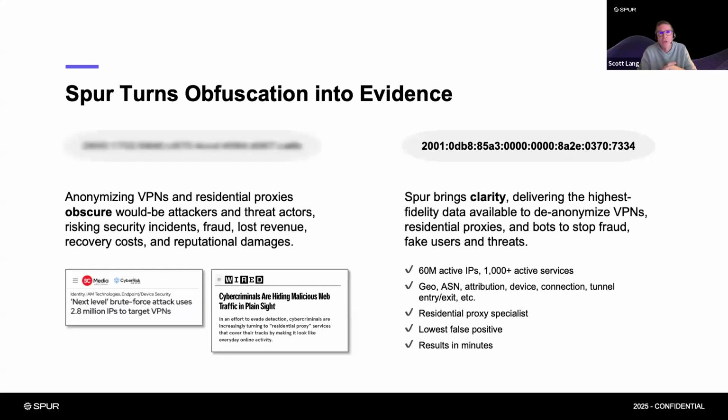on the previous slide. We do that by tracking what we think is the highest number of active IP addresses, about 60 million on a daily basis, and more than 1,000 active VPN and res proxy services. So it's not just about breadth, but also about depth, giving you the attributes that go along with those IPs to help you deconstruct them and